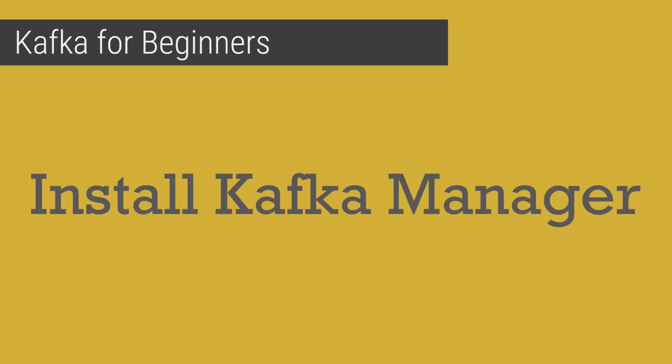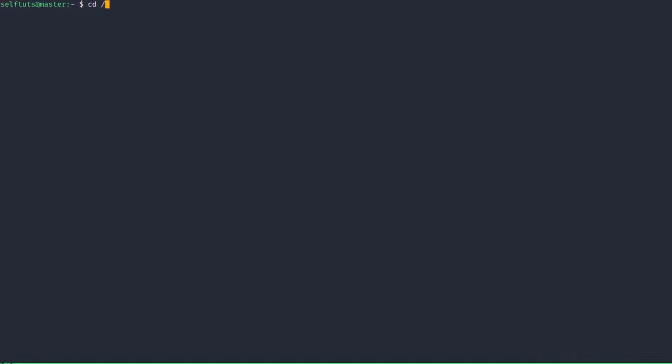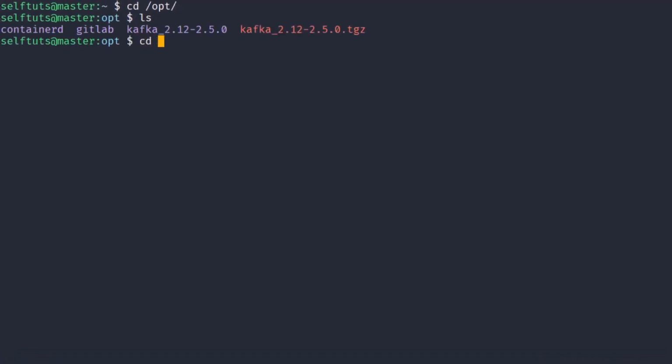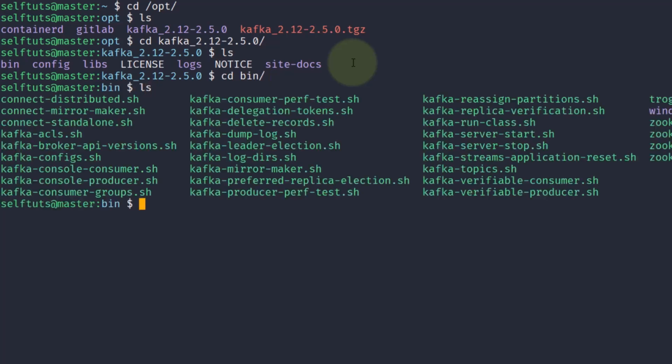So when we installed Kafka server and Zookeeper in our last video, we saw that we downloaded the files inside OPT and then Kafka. This is the folder where we untar the tar file, and we got all these folders and files here. One important folder is cd bin. If I go inside it, you can see there are so many sh script files through which you can perform many actions on the Kafka server.